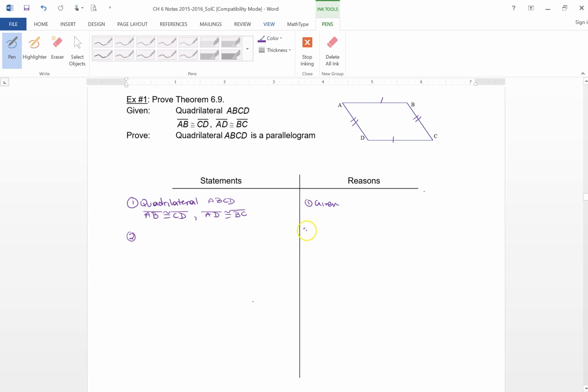Next, what I want to do is draw a diagonal one more time. And when I do that, I can show that that side is congruent. So BD is congruent to BD, reflexive. What I have now is a pair of sides here, a pair of sides here, and a pair of sides here, so I can show that triangle ADB is congruent to triangle CBD